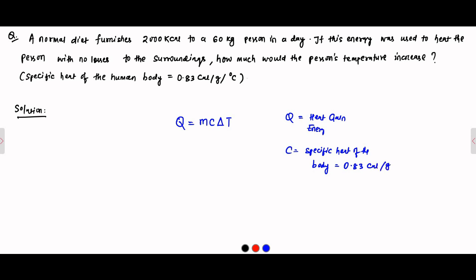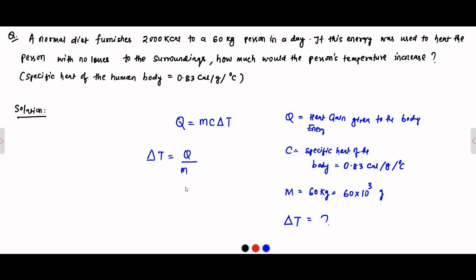This is heat energy given to the body. Then the mass of the human body, that is 60 kg, which is equal to 60 into 10 to the power 3 grams. Okay, because everything is in grams, so it is better that we convert it into gram. And then the increase in temperature, which we have to calculate. So simply delta T is equal to Q by mc, which is equal to,